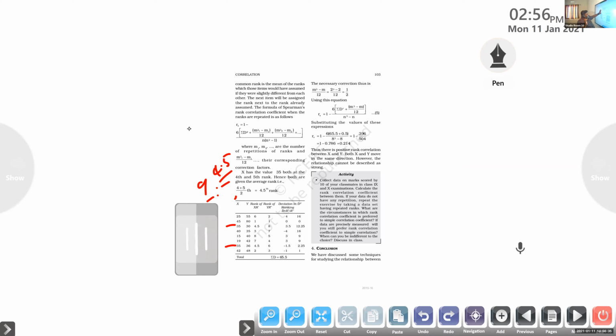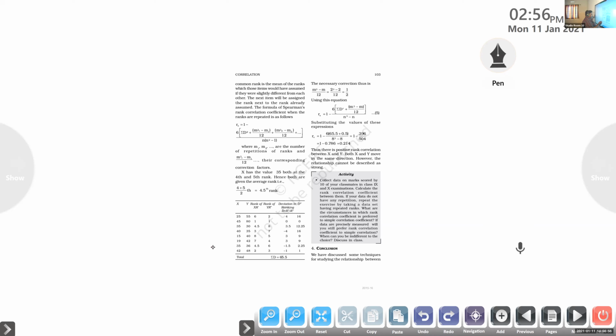So repeated ranks are there. We will use this method. We will take the mean of those ranks and will provide that rank to both those numbers, or more than 2, we will give for all those data the same value. Okay, next one, 5th rank is not there, we know that. 4 and 5 is not there, instead of that 4.5 same value.